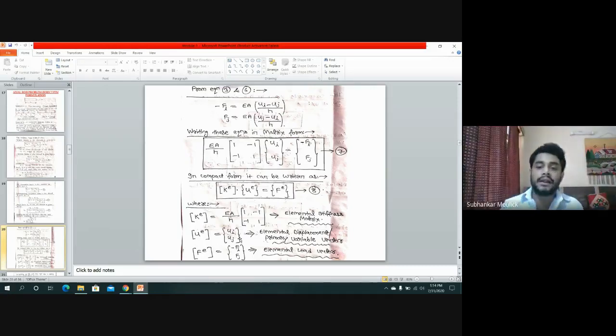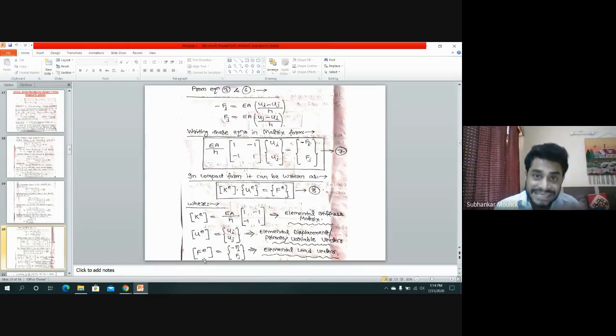Okay. And the last term, that is again a 2 cross 1 matrix, that is minus Fi Fj. I am denoting this matrix by the symbol Fe. And what is it called in FEM? It is called the elemental load vector, because in FEM, whatever analysis we do, we do it element by element. So whatever we write, we write firstly for each and every element, and in the last step we will assemble all those equations to get one common matrix. Fine. And this Fe is nothing but the elemental force vector.